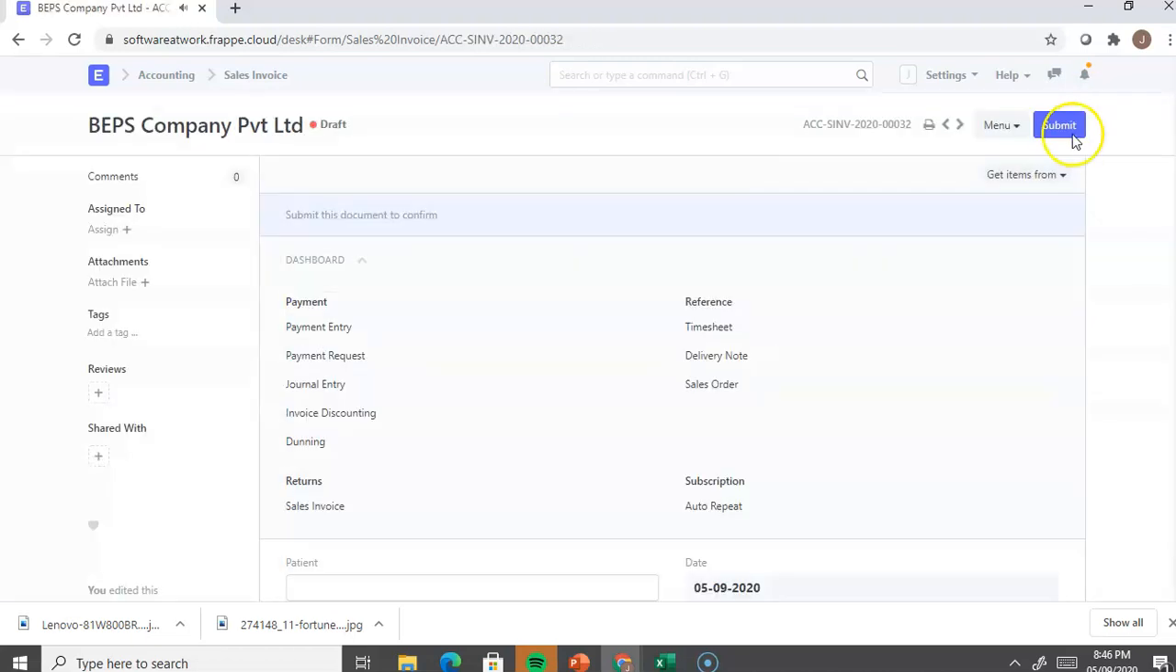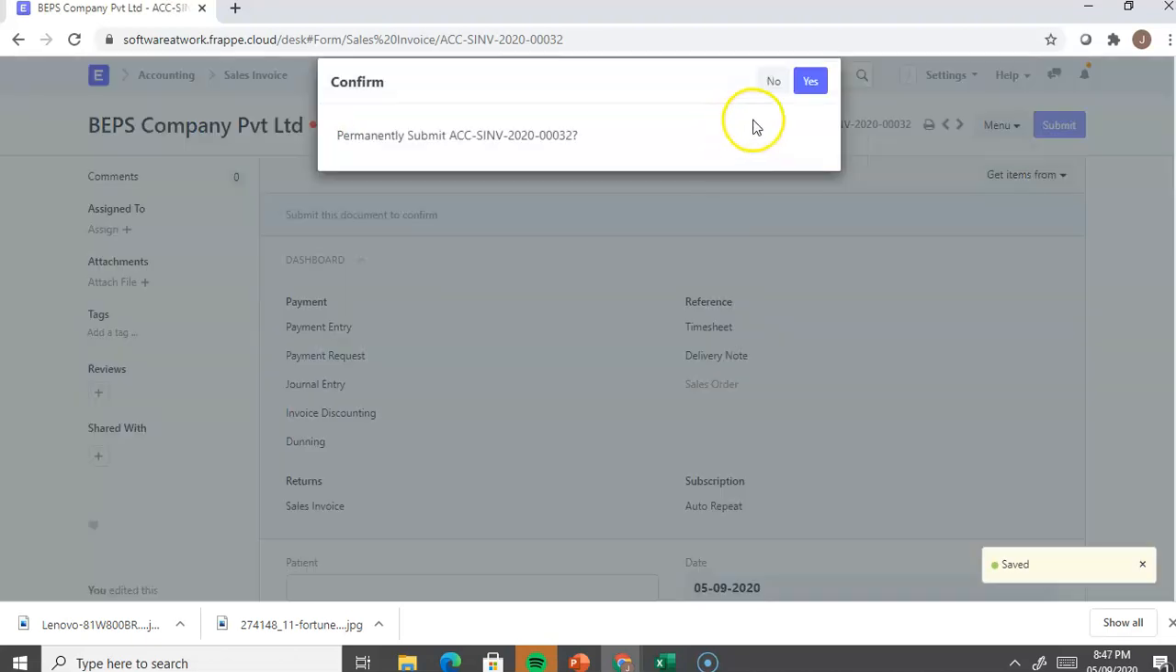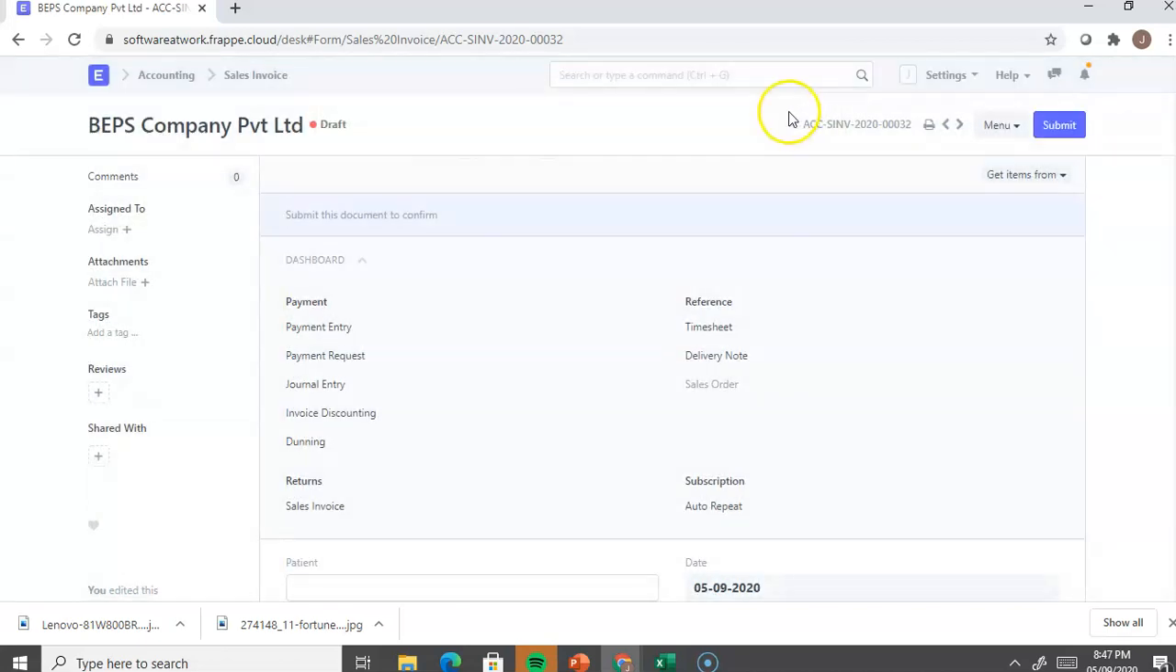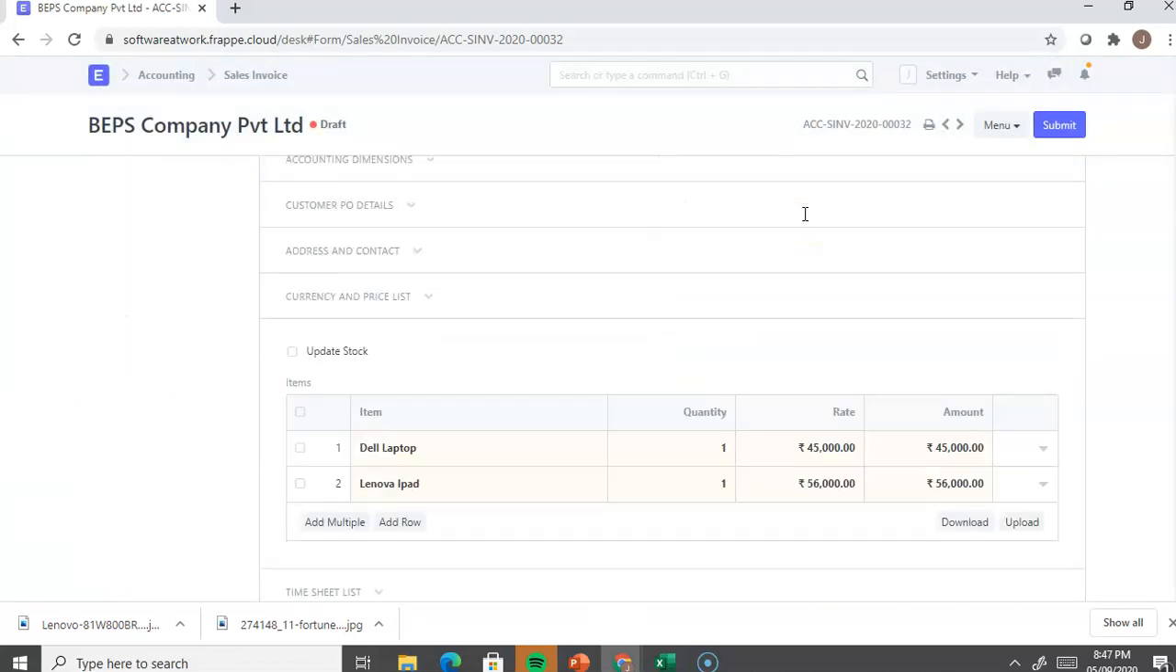Okay, and after saving it, it will be in draft mode, and I can submit this, and the sales invoice gets submitted here. Now if you see the invoices here, or I can select here, let's say, because this is a fixed assets item, so what I can do, I can also select here,